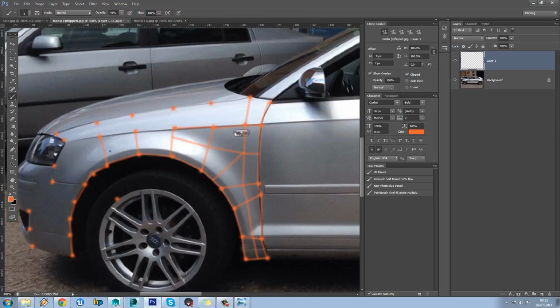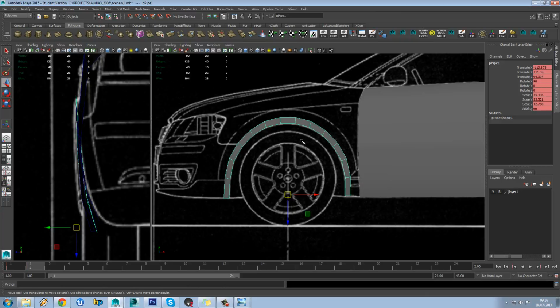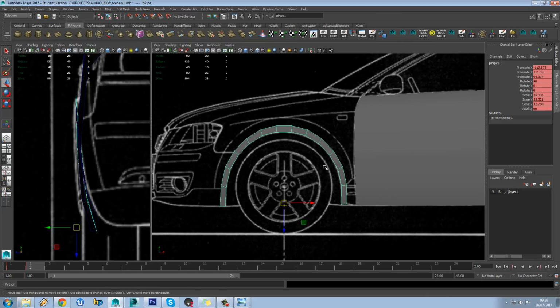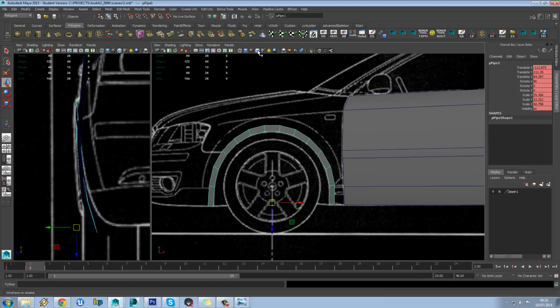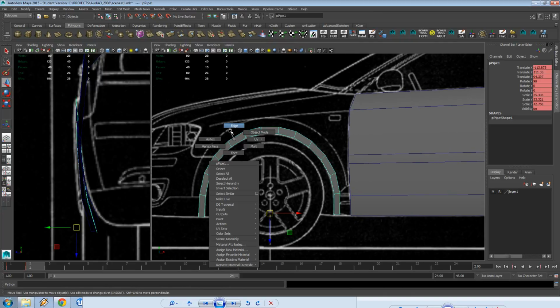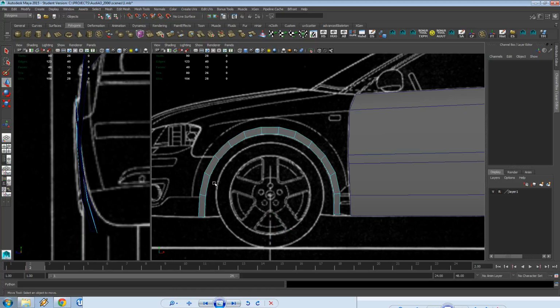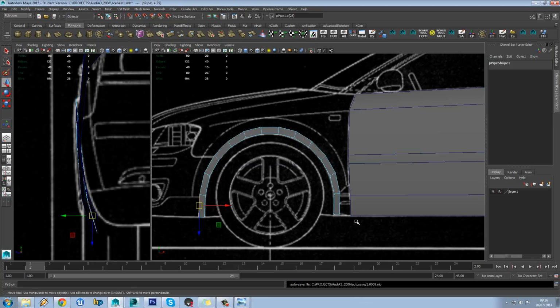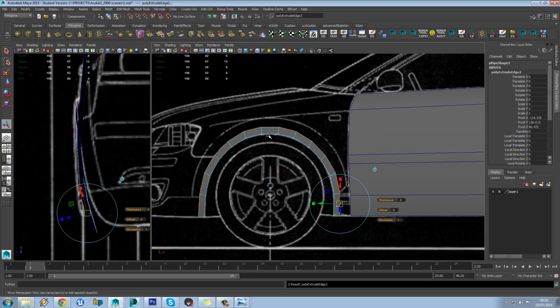So if we look here, you can see we wanted 1, 2, 3, 4, 5, 6, 7 points in our bonnet area. So I'm going to use this option here so that I can see my wireframe as well. And what we can do is just select this entire loop here, again by selecting the first edge and then clicking on the second edge and holding shift and just double clicking like that. And then we'll go to extrude edge